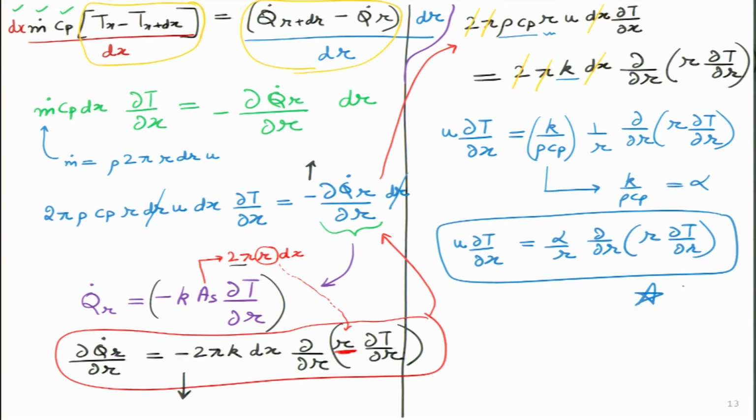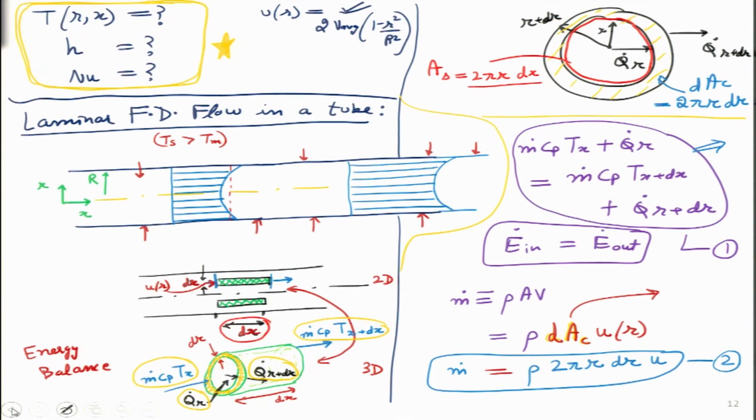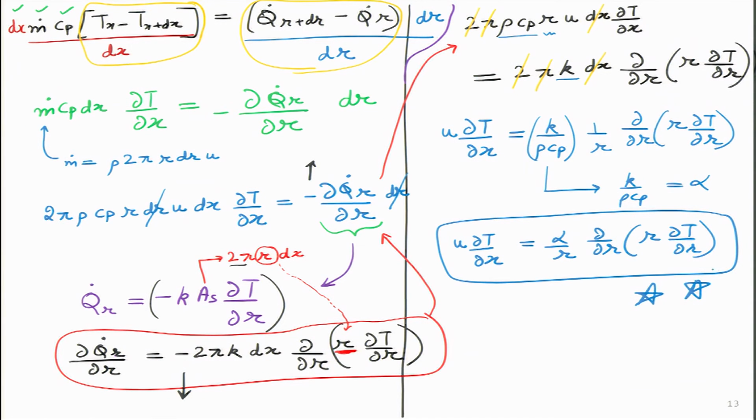So this is a very nice equation. So we will put 2 blue stars over here, so we will remember it, or I can also put some number over here. So we had equation 1, 2. So let me call it equation number 3. So this is a general equation which tells me the gradient of temperature as a function of x is somehow linked to the gradient of temperature along the radial direction. And this is a very interesting result. Now let us solve it for some specific case. So again we will have case 1, case 2, and this case 1 we will take is the simplest one, where we have the boundary condition as constant heat flux.